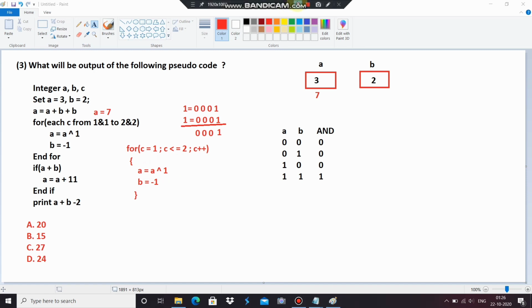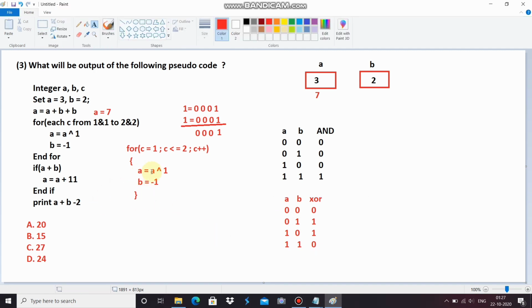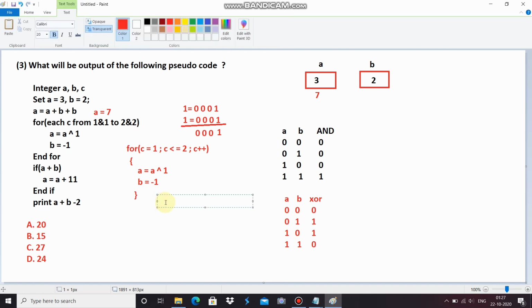First we make the truth table. Let's see, the truth table of XOR is like this. And now we have to convert the values of a and 1 into binary numbers.